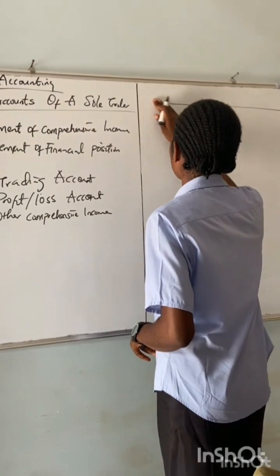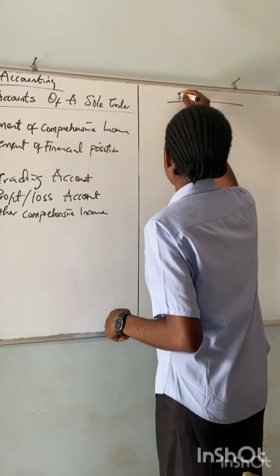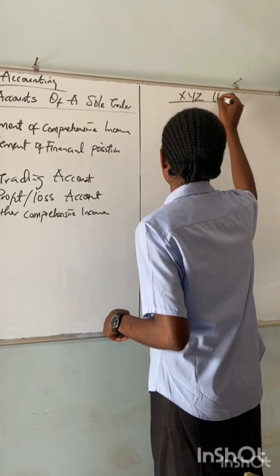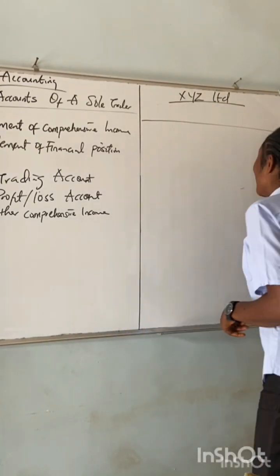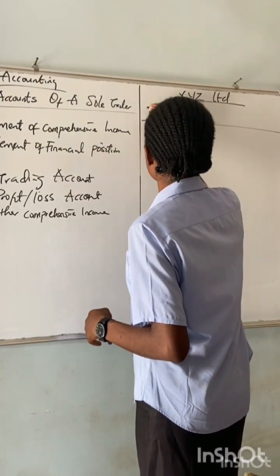Okay, now the first thing we always do is the name of the business. Okay, the name of the business, let's just say XYZ Limited. Then the next thing will be the name of the account. Now the name of the account in this case is the trading